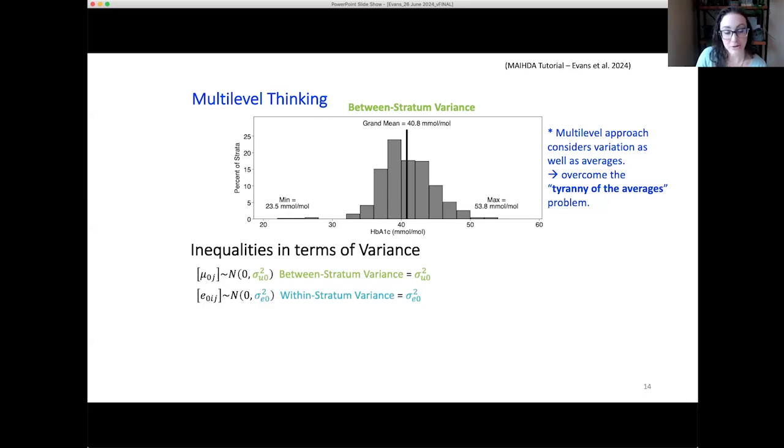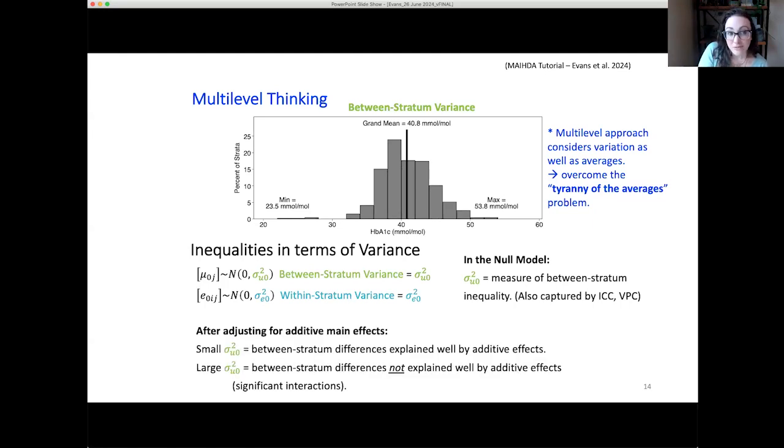To retreat back to math terms just for a moment, again, I've got my between stratum and within stratum variation. In that first null model, where all I have is my overall grand mean and then some variation between them, this variance essentially becomes a measure of inequality. It's just a measure of inequality that's expressed in a variance form. You can also take that and convert it into something like, for those who are more quant-oriented, an ICC or a VPC, variance partition coefficient. This is allowing me to think about these inequalities across strata in some sort of total sense.